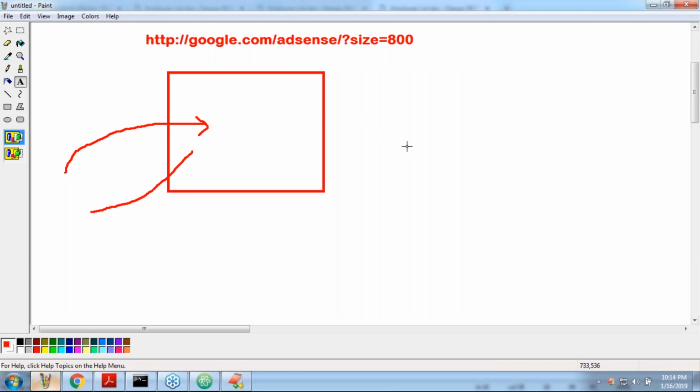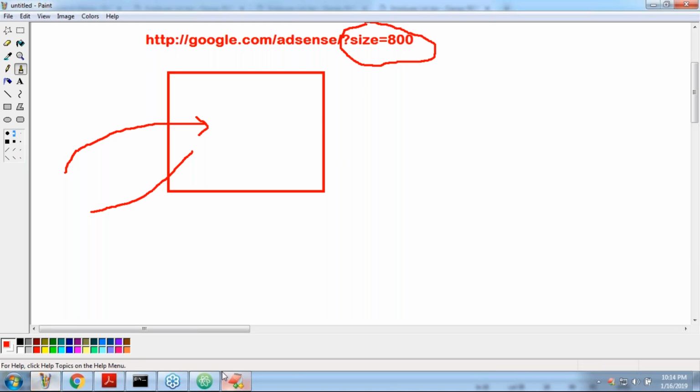Now the partner application, if it wants, can specify the size. Then only that size-related Google ads information will be provided. But who is responsible for specifying which parameters you need to pass? Google, in the documentation, must compulsorily specify it. Getting it, right? So they will provide clear documentation while exposing the APIs.